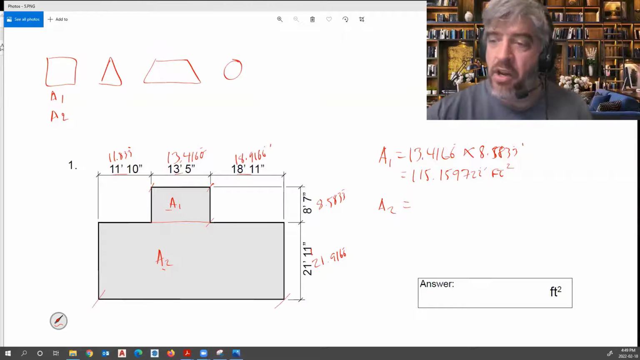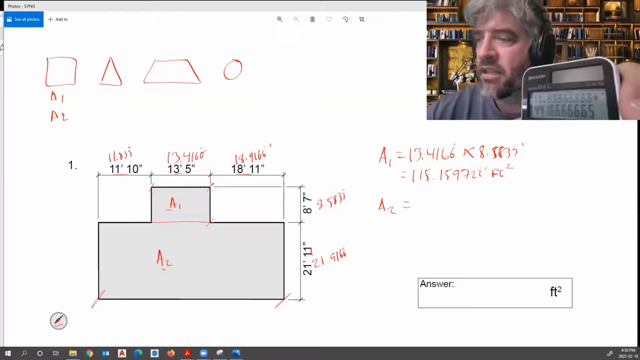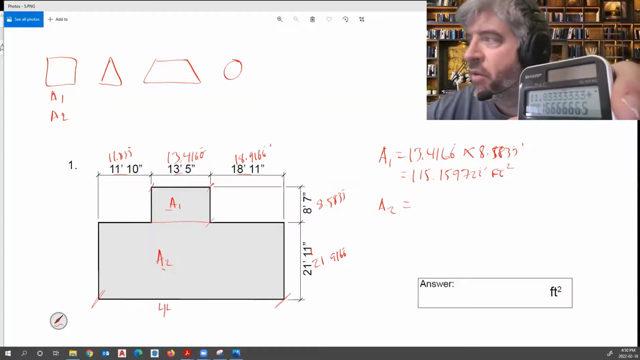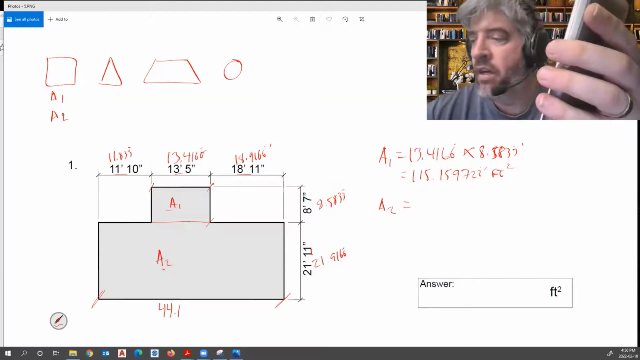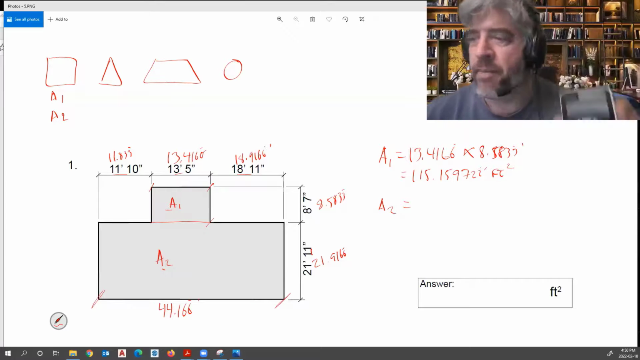So now what I'm going to do is I'm going to first just determine what this length is by adding those 3 numbers together. So I have 11.83 plus 13.41666 plus 18.9166. Now, nice thing about doing this, and it can definitely save you time, I hit equals at this point, which means this bottom here equals 44.166, repeating, right? I'm just going to leave that in my calculator right now because I'm about to use it,